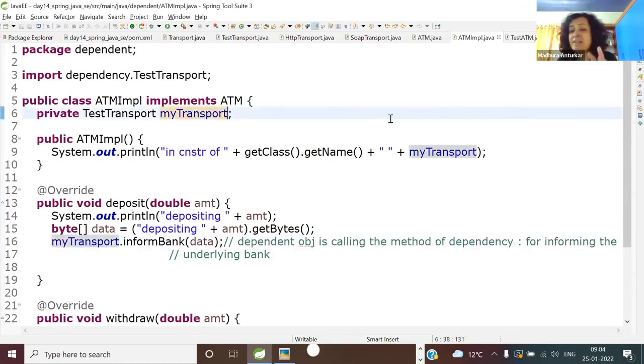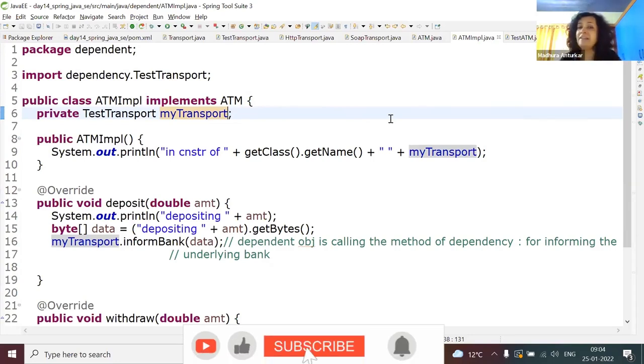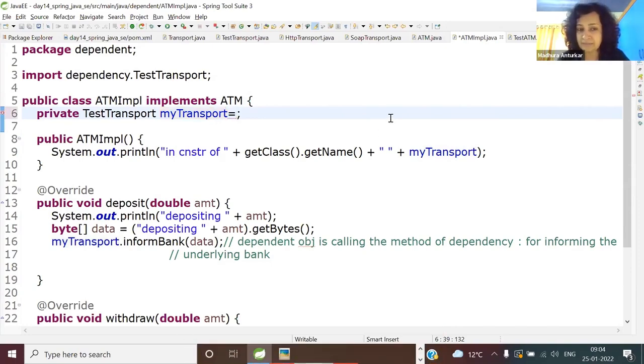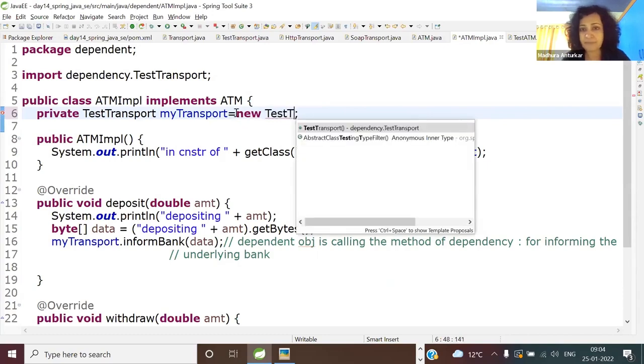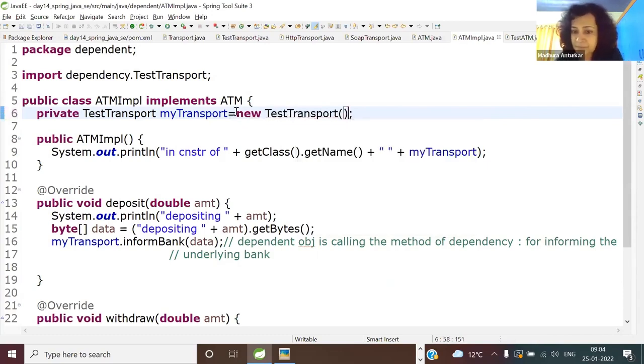I told you guys, I started you on a note: let us find out the disadvantages and then enter Spring. So, anyone wants to give the right hand side? You can do it in the constructor also, but I'm just doing it here. Yes, please. What is the RHS? I don't want a null pointer. So type the RHS. Simple. What should I do on the RHS to avoid the null pointer? Create the object. What else? So here, new transport. You got me?